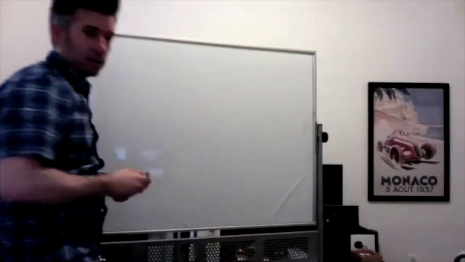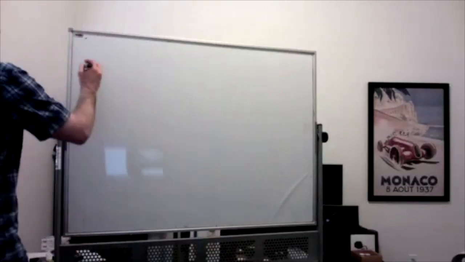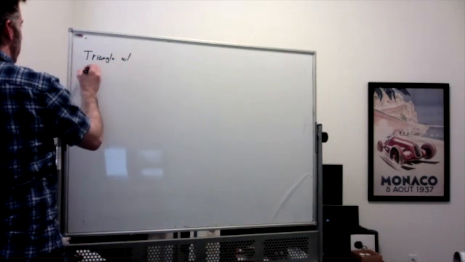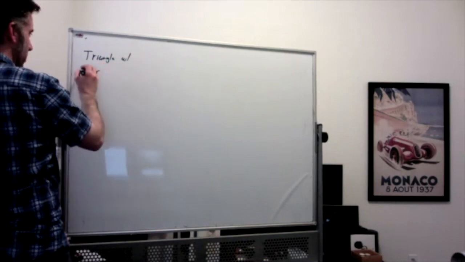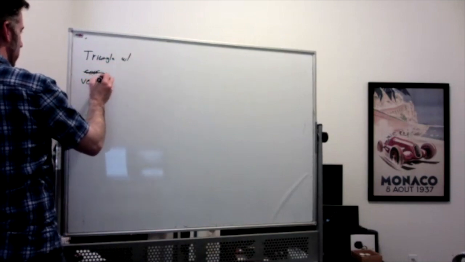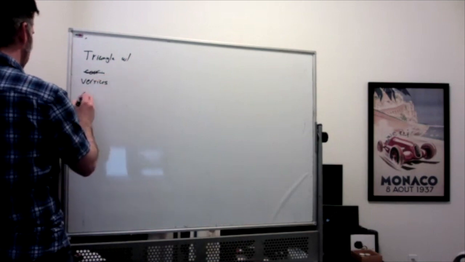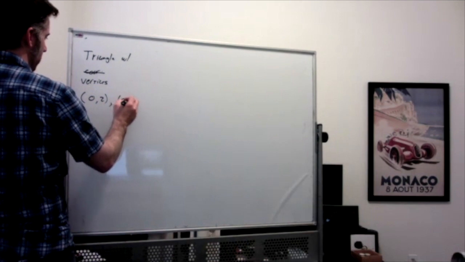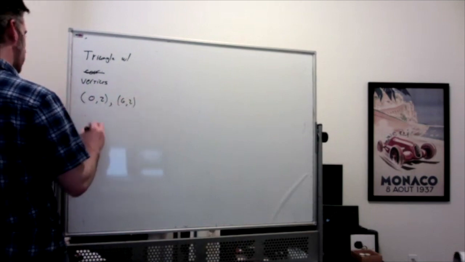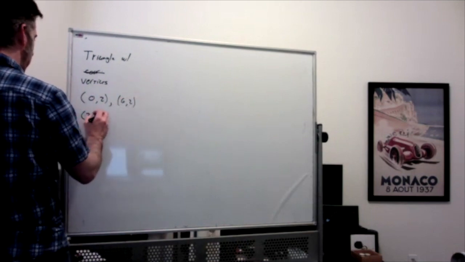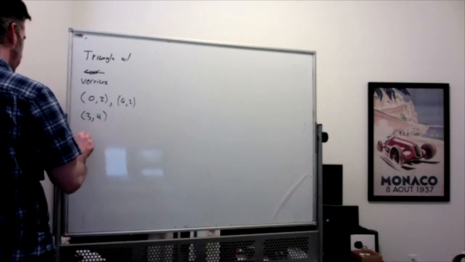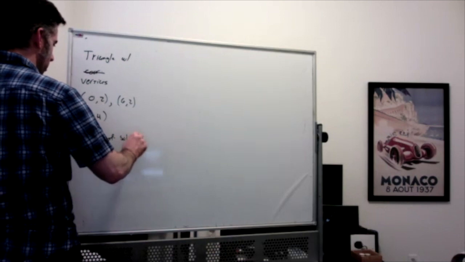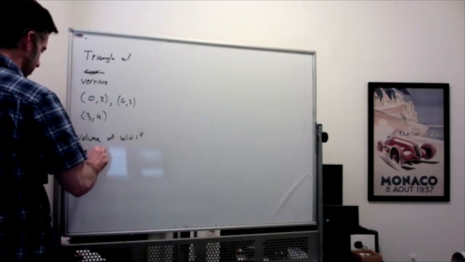I'm gonna make a different one. So I'm gonna make one. Let's do a triangle, a triangle with vertices, let's say, I don't know, (0, 2), (6, 2), and (3, 4). What's the volume you get of the solid if we rotate the triangle